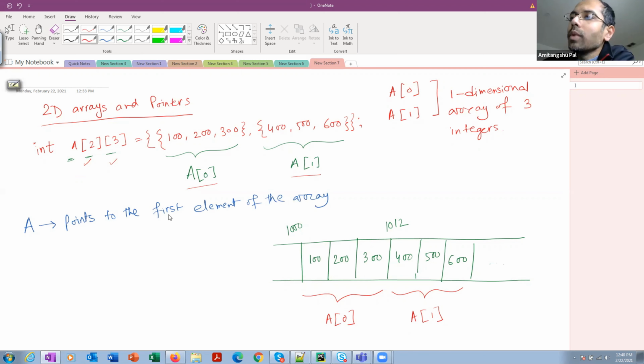So here, what is the first element? In the case of a one-dimensional integer array, the first element is an integer. In the case of a two-dimensional array, the first element is not an integer. The first element is A0, which is a one-dimensional array of 3 integers.